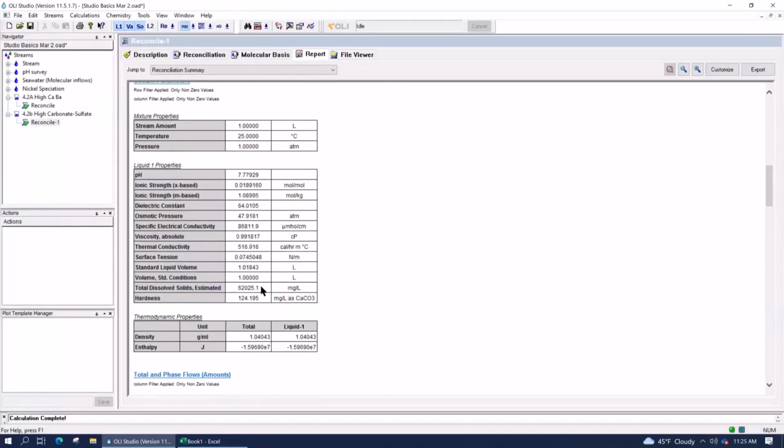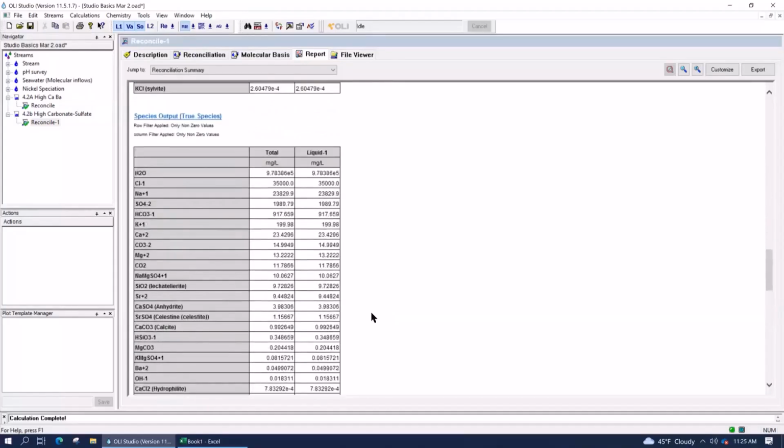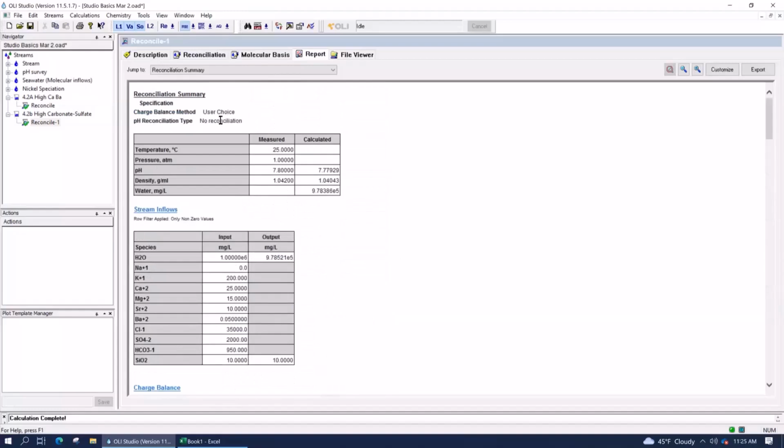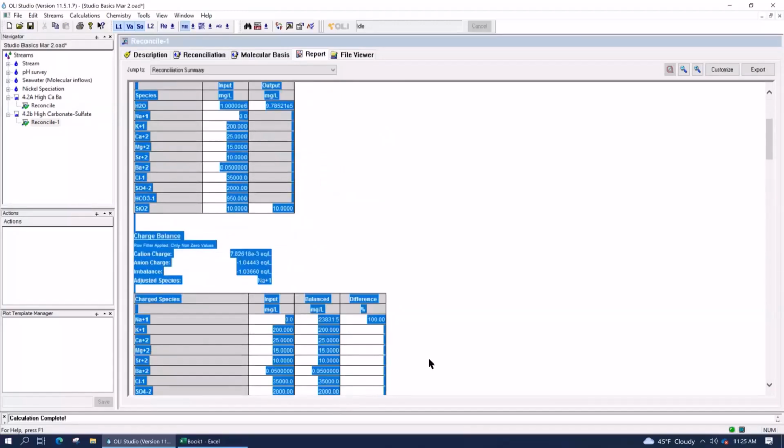So here's the TDS estimate, 62,000 versus 61,000. There's the pH, the densities we'll see down here, etc. And then the rest of the speciation. So it's the same output for the most part all the time, except depending upon the object you're working on, there may be additional stuff present. Like for the chart, for the pH, the water analysis, we have to tell you what changes we made to the system in order to, let's say, match charge balance or alkalinity or pH or whatever it is.